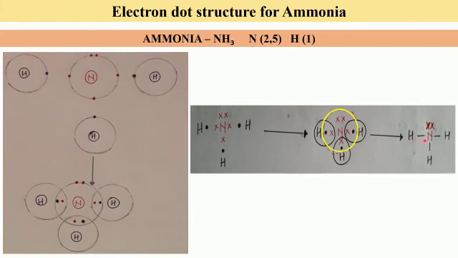Then when you show the structural formula between hydrogen and nitrogen, we have a single bond because only one pair of electrons, 2 electrons, we can see. Similarly, this side also only one pair is shared, so again single bond, and here also only one pair is shared, hence again single bond. The 2 electrons which nitrogen was still left with are also shown here. So this is how the formation of ammonia takes place.